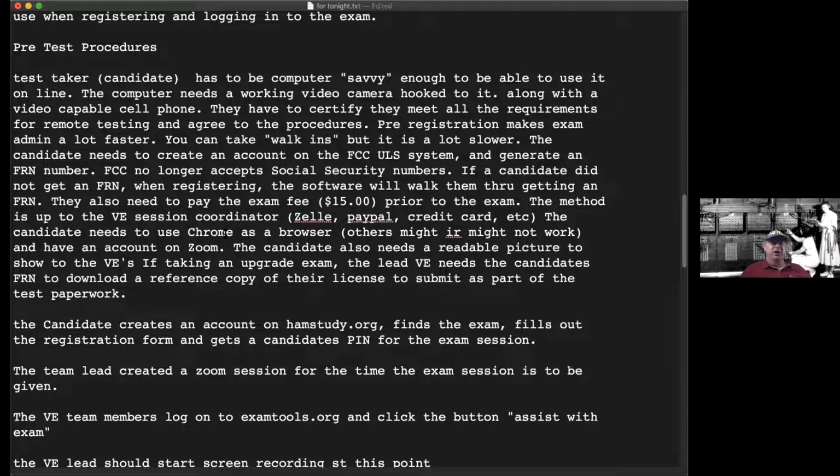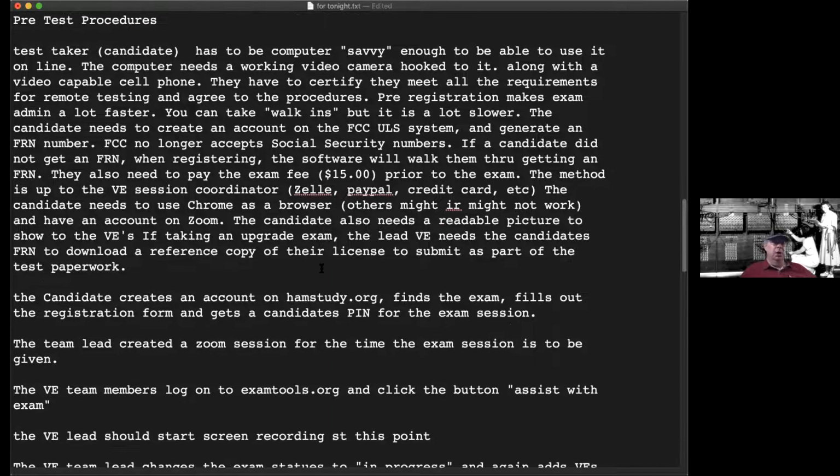The candidate needs to use Chrome as the browser, otherwise it might not work. The exam is optimized to use Chrome. And have an account on Zoom also, because the exams are conducted via Zoom, as we will show tonight. The candidate also needs a readable picture ID to show their VEs. If you're taking an upgrade exam, the lead VE needs the candidate's FRN to download a reference copy of their license,